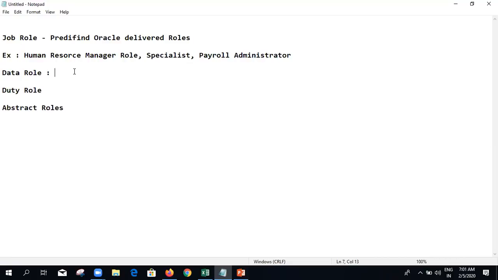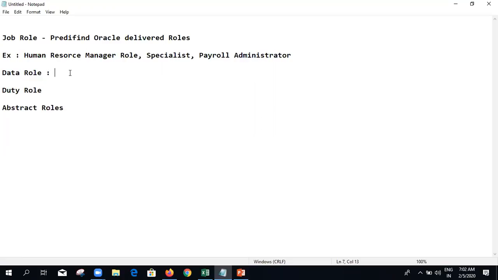So in data roles, we create our own custom roles by using these predefined job roles, and we attach security profiles to our data roles. This concept we are seeing here at a high level, but when we start the security administration classes, we will discuss in detail how the transactions happen, like how to create a data role by using a seeded job role.